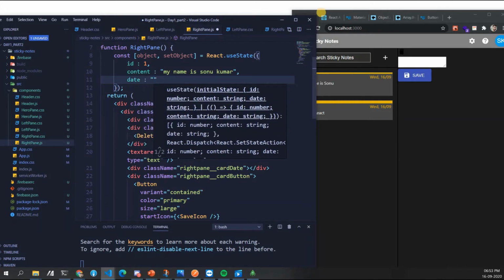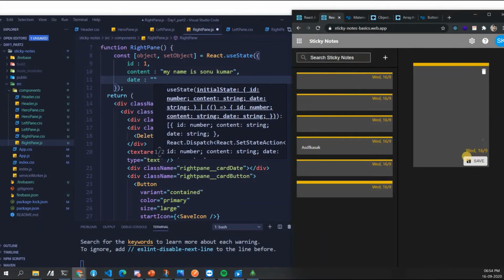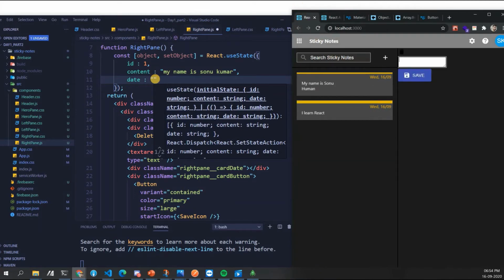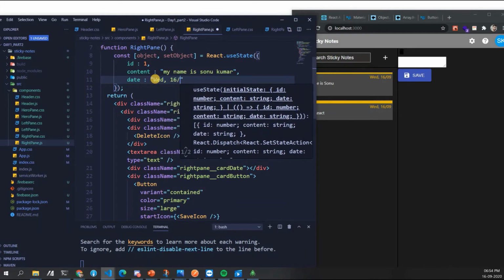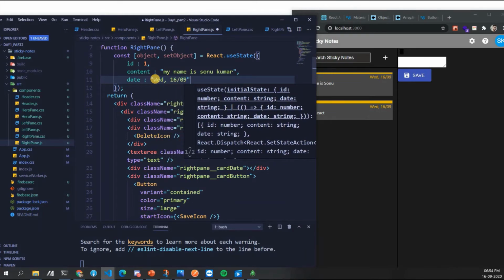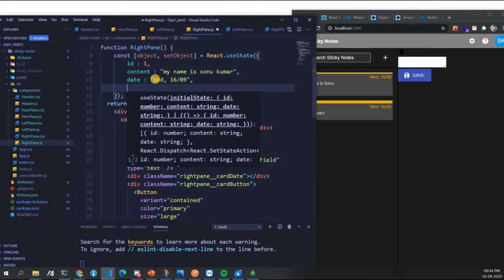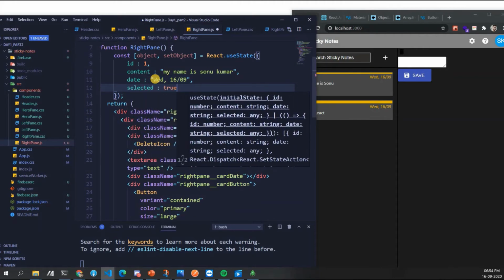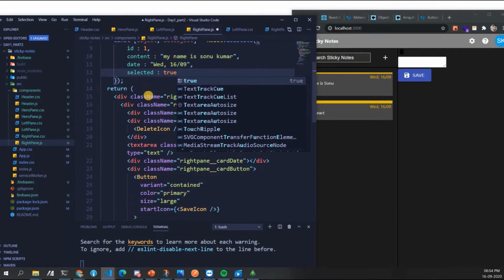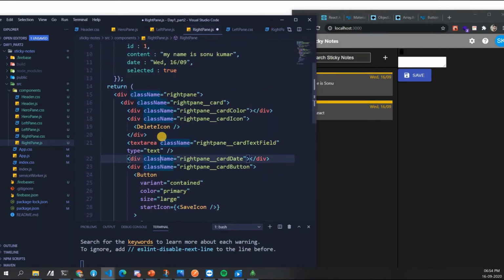Okay, to display here like this. You have a date field here, right? So just for that, let's keep it like this. Wednesday 16/09, and then finally selected. Let's say selected true. It's not gonna make any difference, but let's see this.